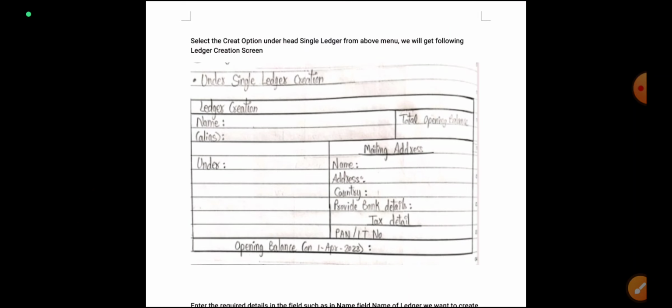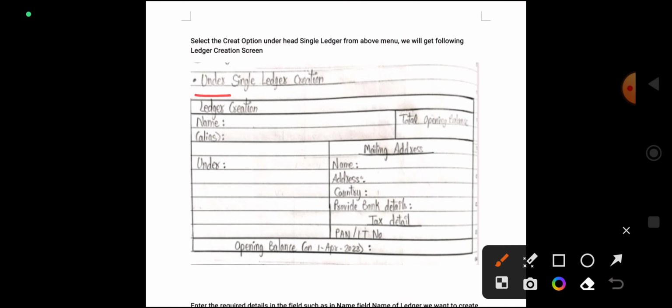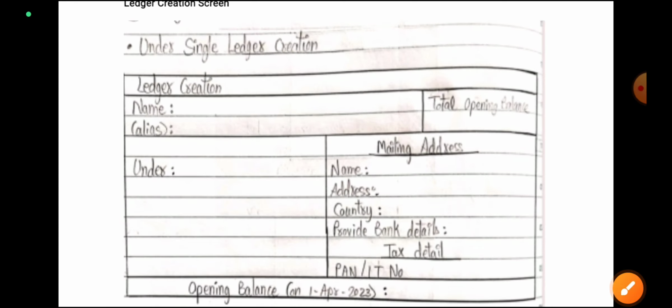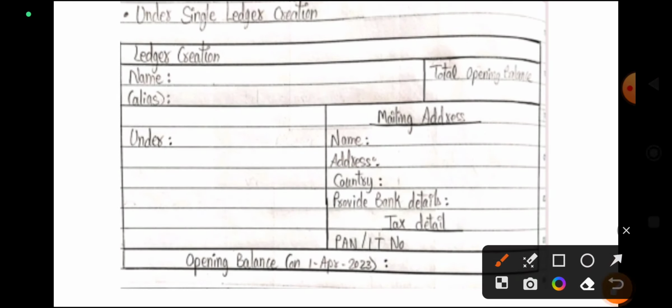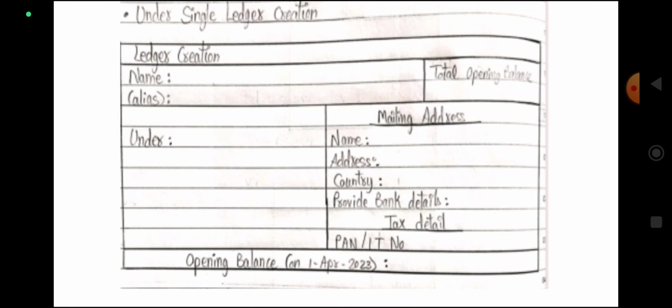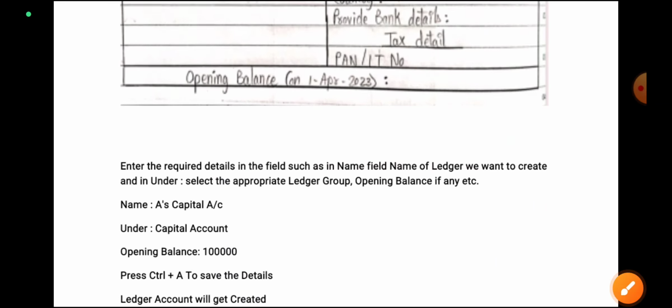We will be having opening balance. It might not be appearing here well, so I'll show you. This is how the screen will appear. Under group, see, name we will write the name of the ledger account, capital; you will write Capital Account, and opening balance, on 1st April 2023, whatever balance will be there you write, and that's it.